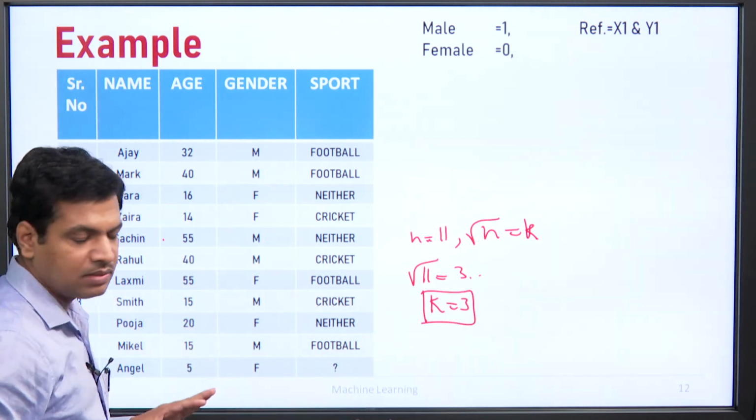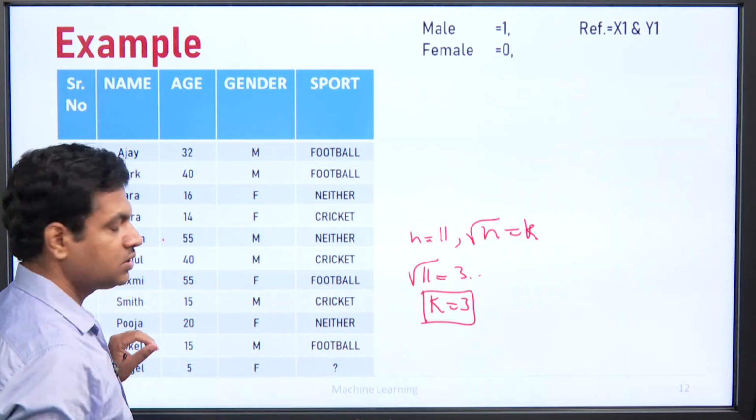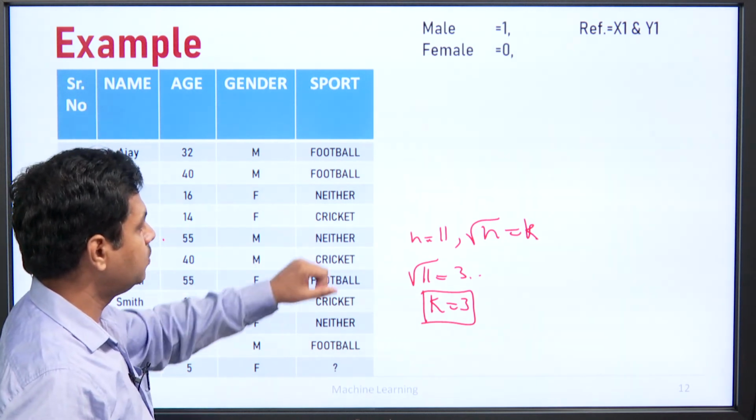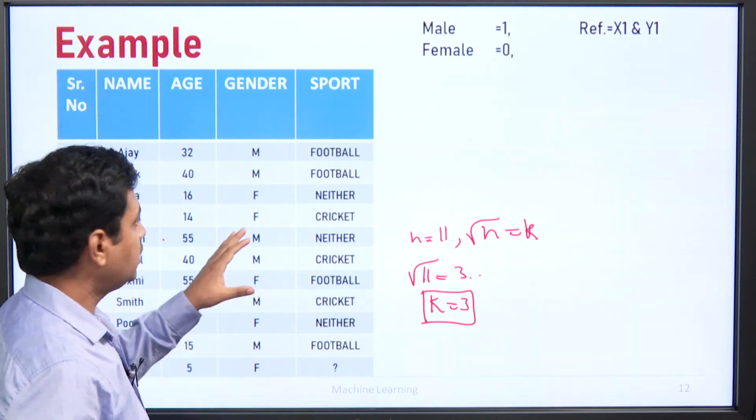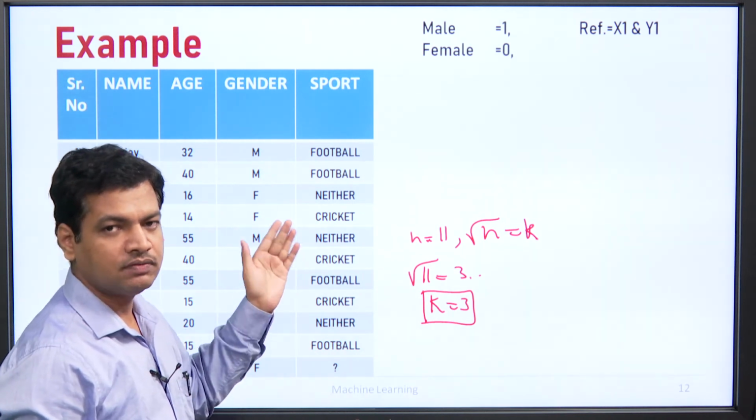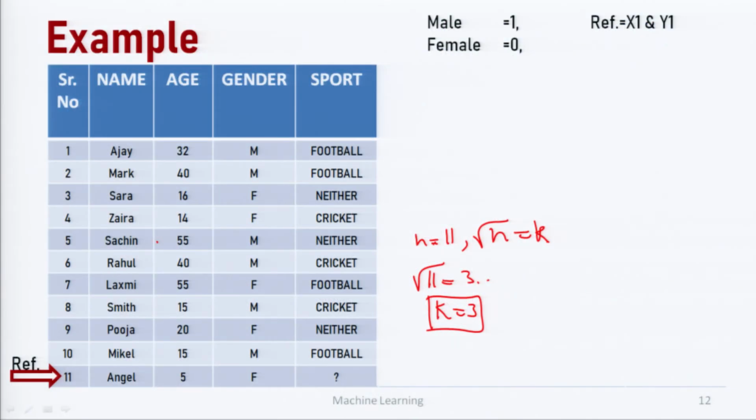Now, this data sample consists of 11 players, and they play either cricket or football or neither of the two. In the team there are male as well as female players, and their ages are given. In order to find the Euclidean distance, we have to know the formula for that. We will come to that later, but here we have only one numeric value, that is age. The rest are in terms of text and are not considered; this is considered only for the calculation of k.